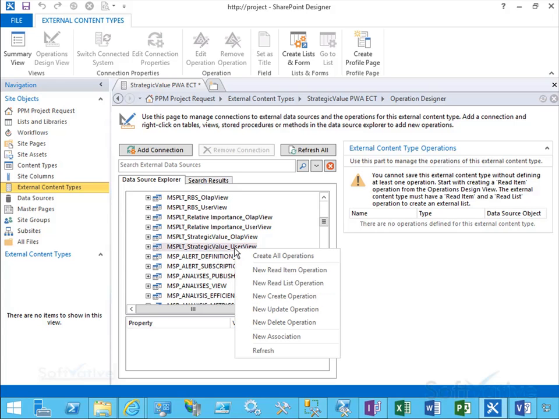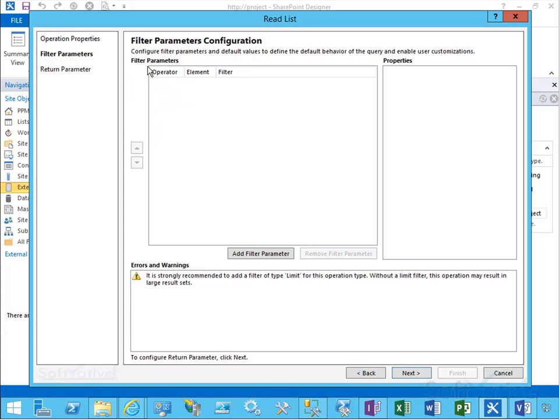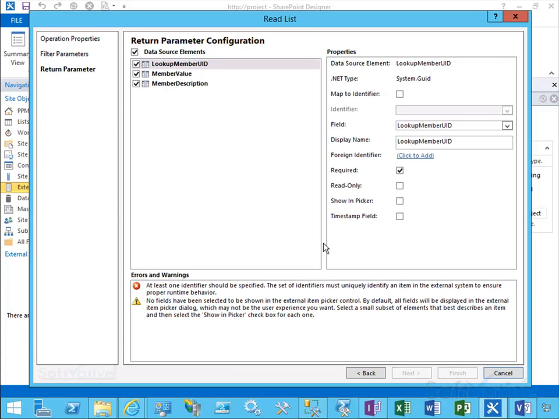So we'll right click on our SQL view, and first we'll choose new read list operation, which brings up this wizard screen. Here we can leave everything default and click next. Under the filter parameter, we can leave everything as default and click next. Under the return parameter,